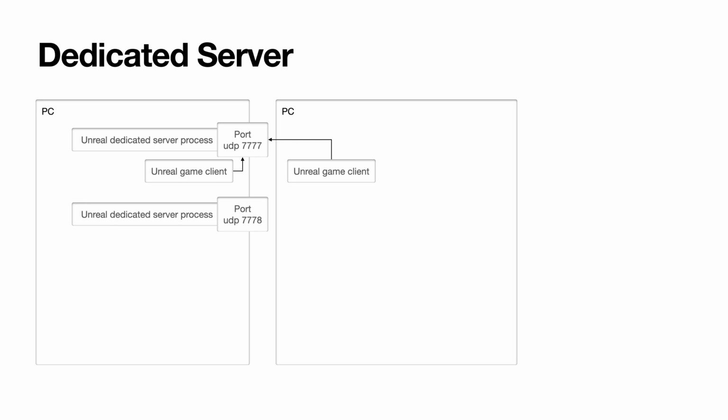Because any two processes can't bind with the same port, the Unreal Dedicated Server process will check if the port it is going to use is bound by another process. If so, it will increase the port number by 1. The port which the Unreal Dedicated Server process opens by default is UDP port 7777. So, if you open two Unreal Dedicated Server processes, they will use 7777 and 7778 port.